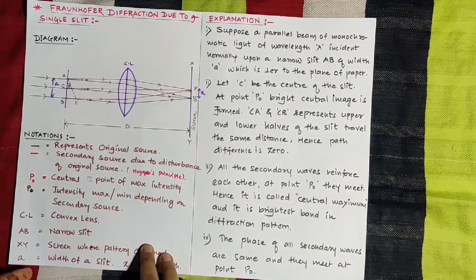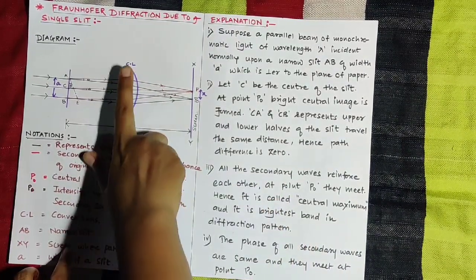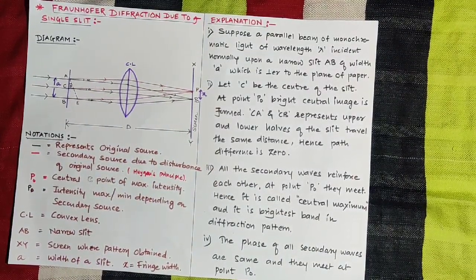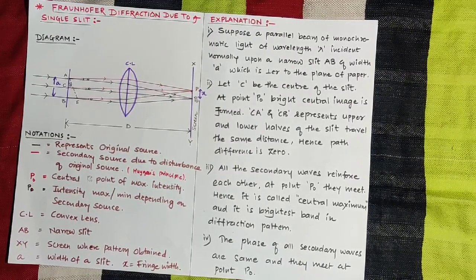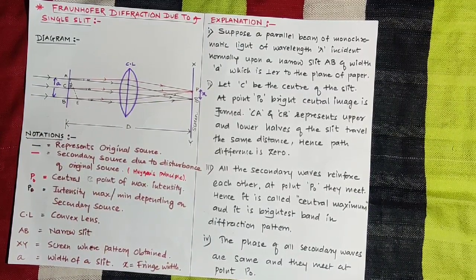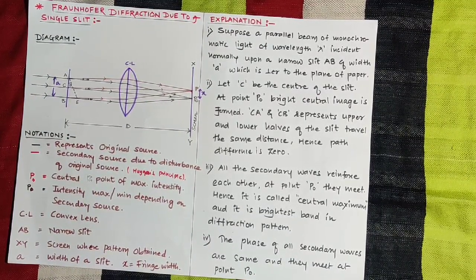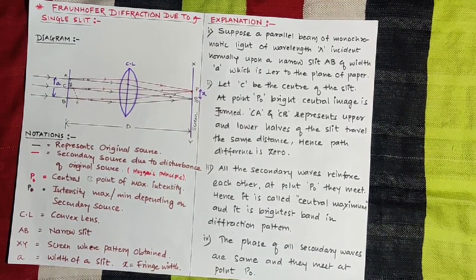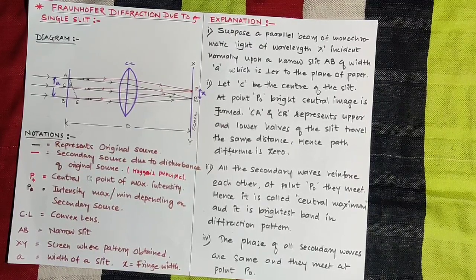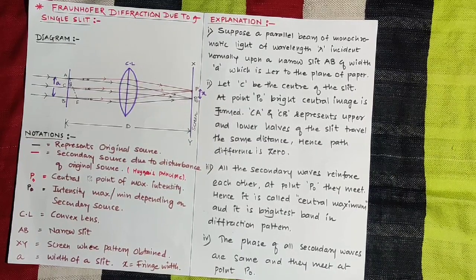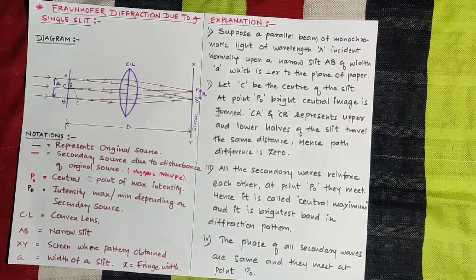Okay, so the next point is the explanation of this diagram. Convex lens. Why are we using a convex lens here? Because we have to find the width of the central maximum. That means we have to find this value, small a, the width of the narrow slit, and for that we have to consider a focal point. Focal point means when light passes through the convex lens, the waves are reinforced with each other and meet at a particular point. That point is the focal point, represented here by f.